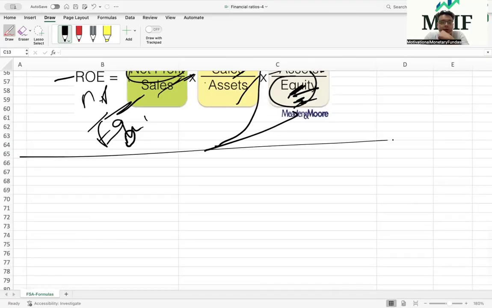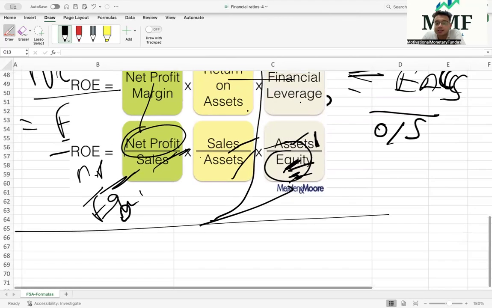Let's discuss one valuation ratio. I have one question. How can financial leverage be explained as assets by equity? See, assets and equity. This ratio is basically telling you how much assets have been purchased via the use of equity. Correct? But if this equity component is declining,